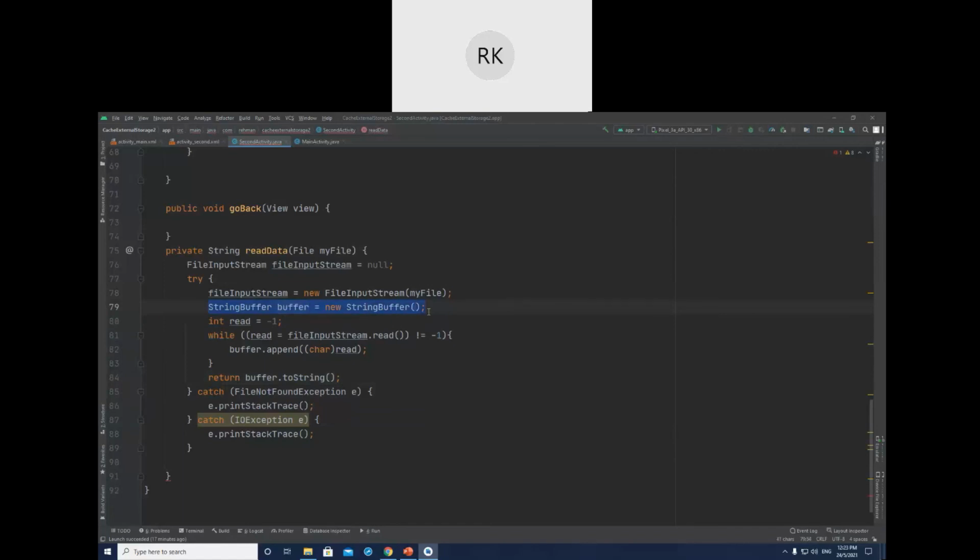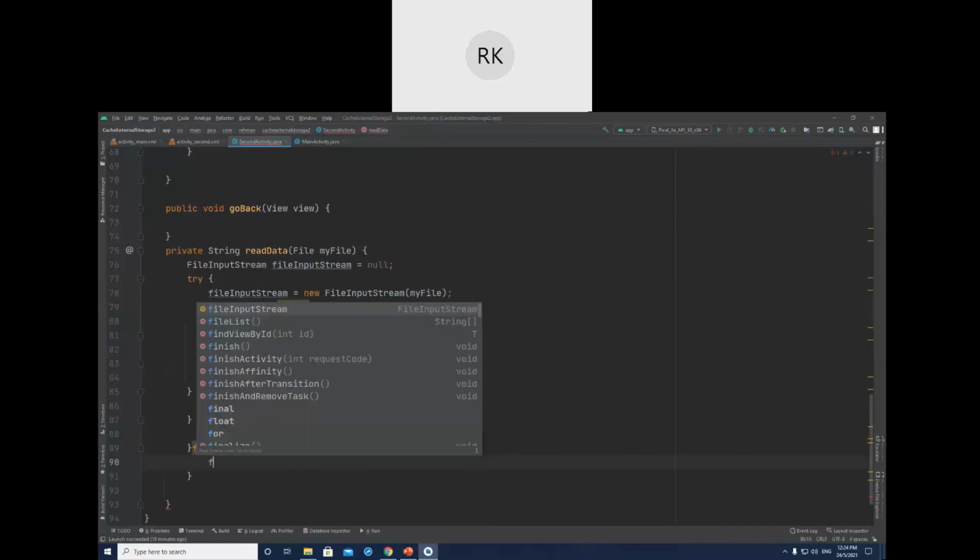So you see the issue was that I created the buffer in the loop. I should not create it in the loop, because if I create the buffer in the loop, every time a new variable will be created. So this is the correct way. Previously, if you remember, I created it here, but that is the wrong way because it is inside the loop, and inside the loop it will be created every time. So it should be outside the loop. Now this will be returned, and then finally the file input stream should be closed.